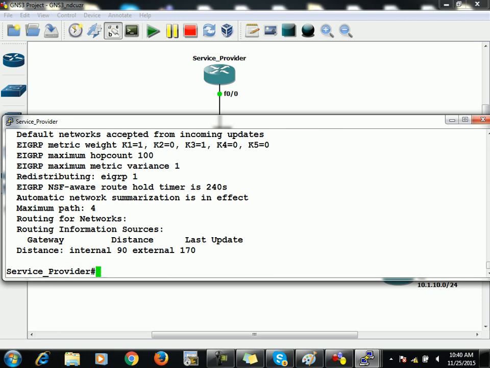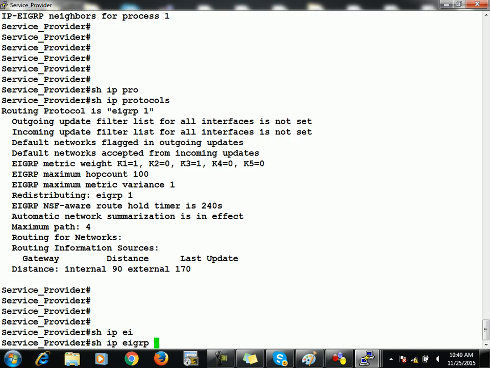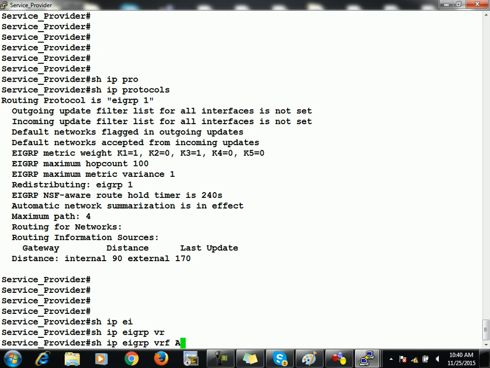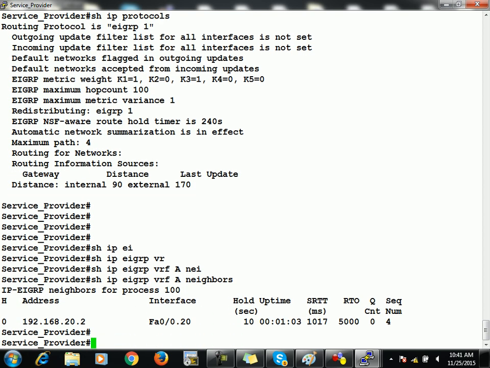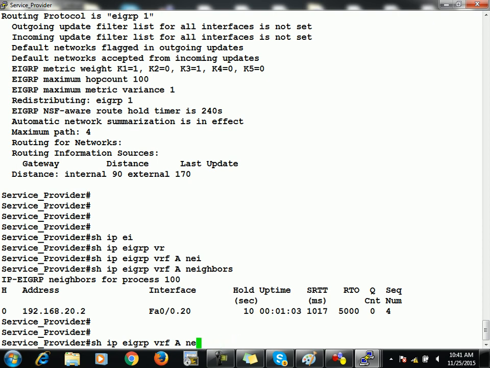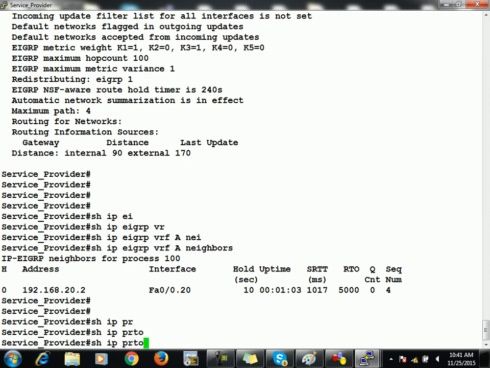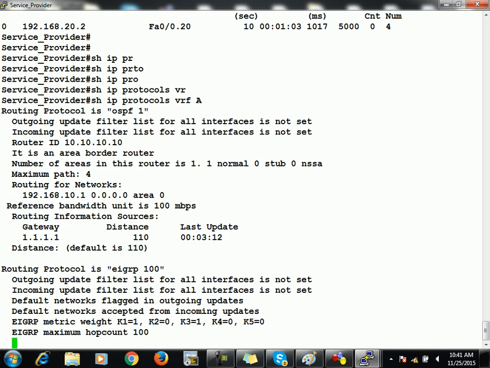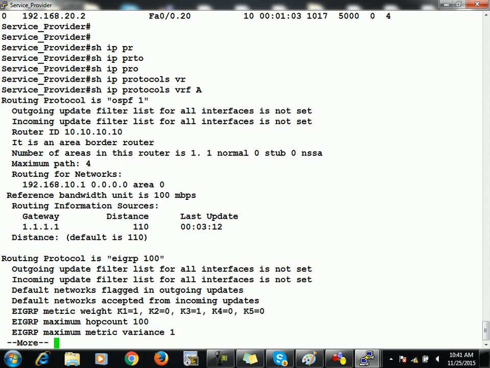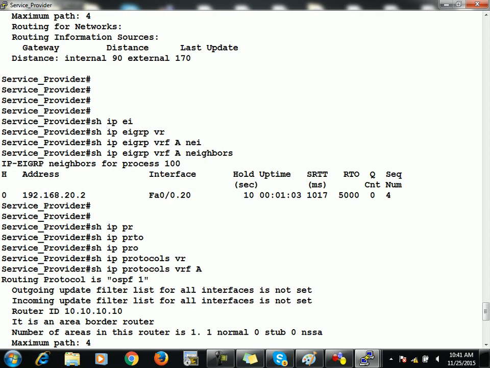So now if you say show IP protocol, it will show you only AS number 1. It won't show you anything else. But if you say show IP EIGRP VRF A neighbor, then it will show you that you are running AS number. Even if you say show IP protocols VRF A, it will show you now that okay, OSPF is running for VRF A. Second, EIGRP 100 is also running for VRF A. You see,